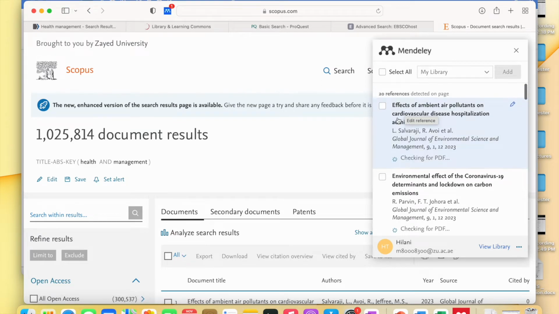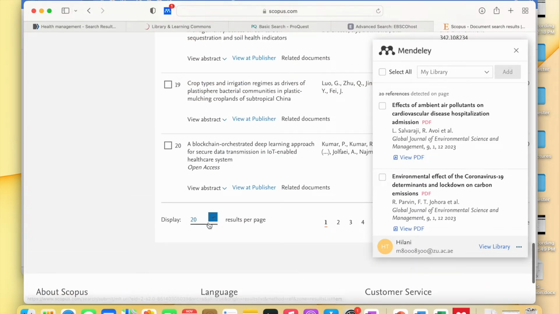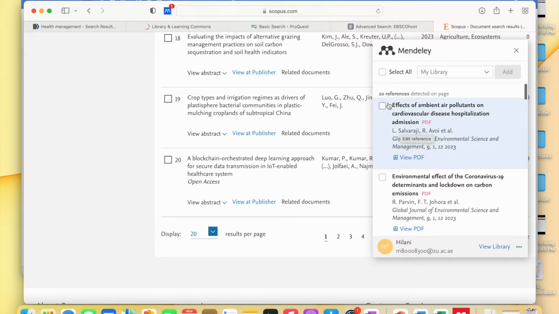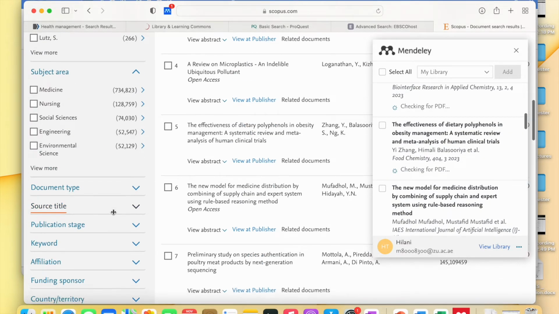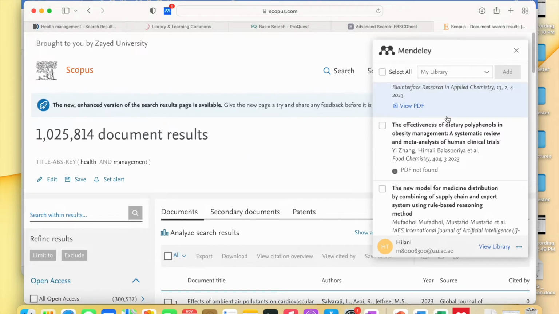You see, in this case for Scopus, per one document it's showing 20. Okay, so web importer can detect on Scopus, so it's detecting 20 references, and for PubMed it was detecting 10 references. So it works very well with Scopus, PubMed,